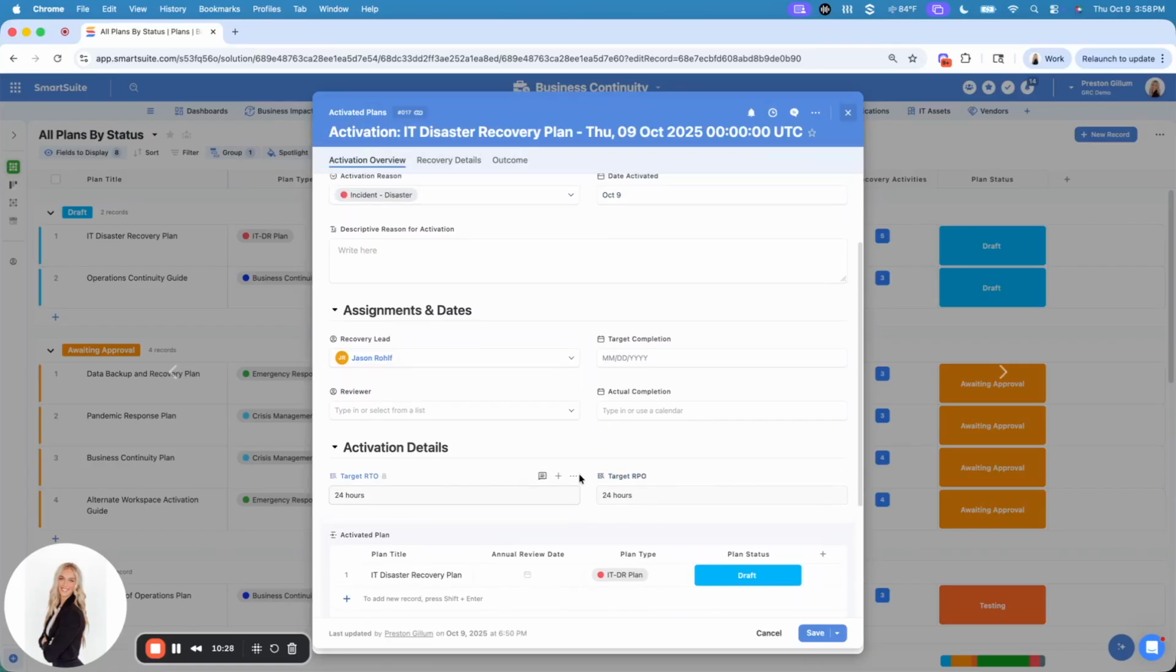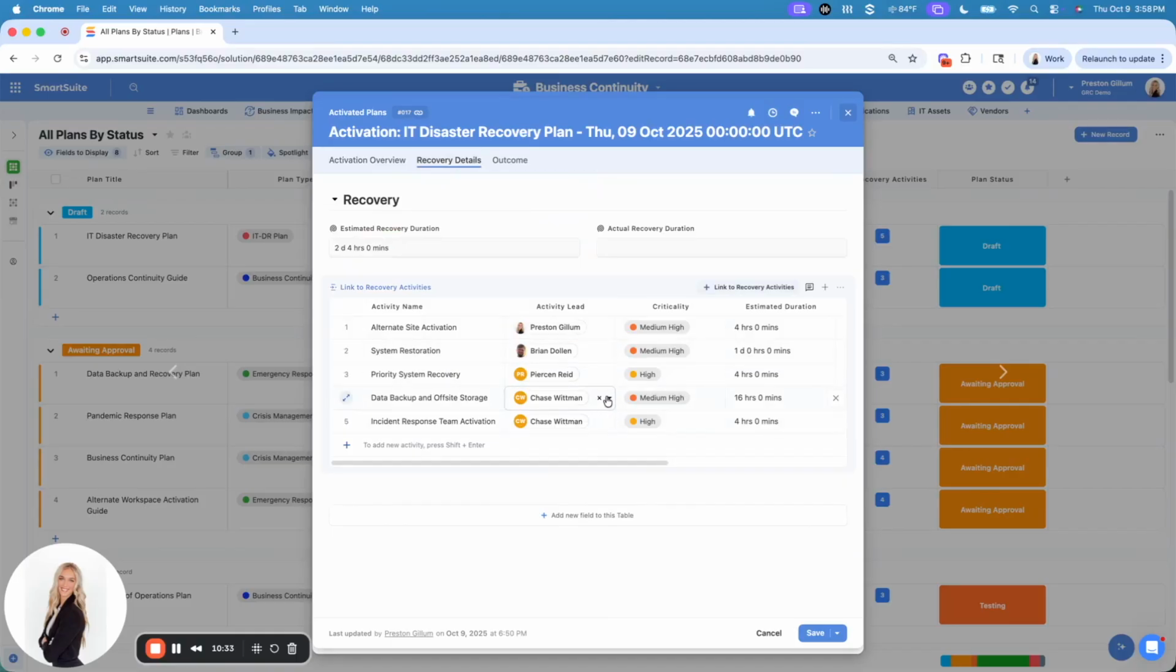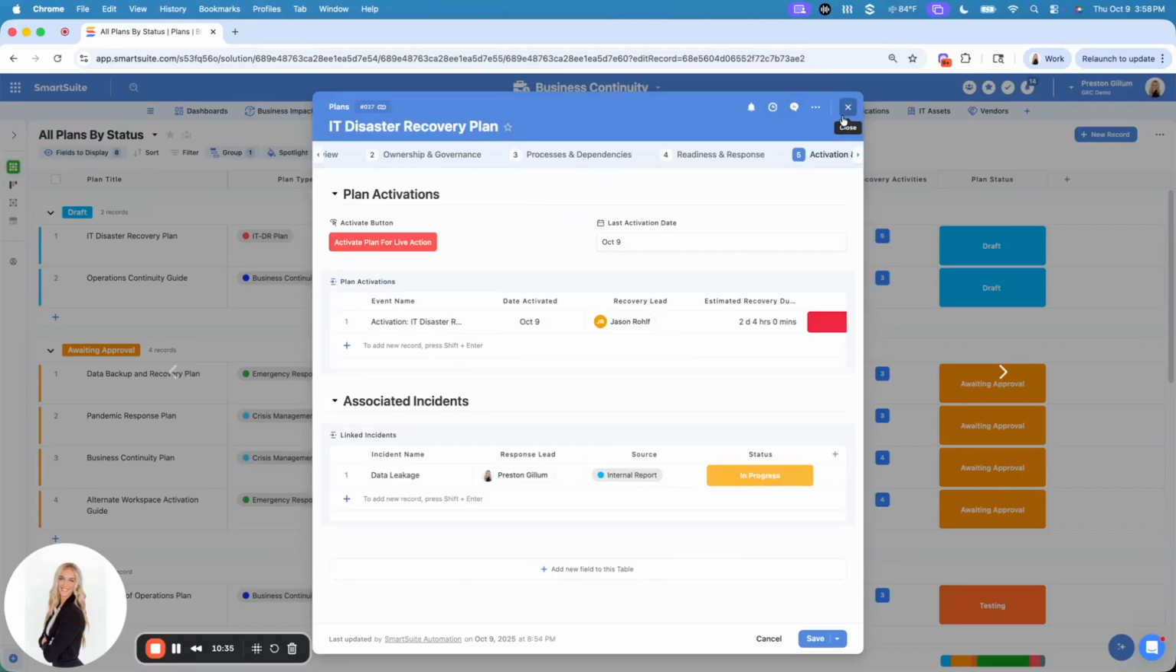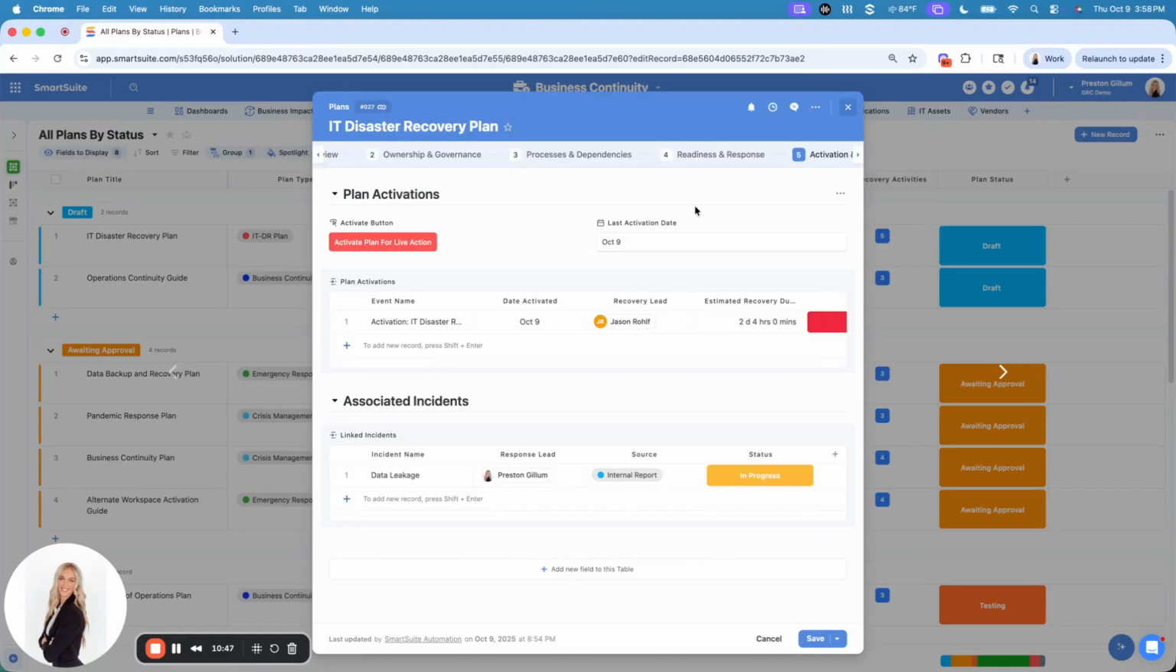This creates a fully auditable history of how the organization responded and how recovery aligned to defined objectives. In addition, continuity plans can be linked directly to incidents from the incident management solution. That means if a cybersecurity or operational event occurs, the appropriate continuity plan can be activated immediately from the incident record. This connection ensures the incident response and continuity execution are coordinated, improving response times and maintaining traceability between events